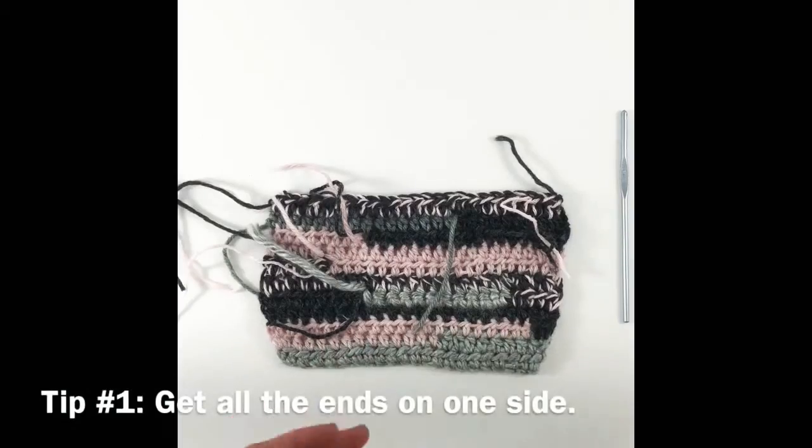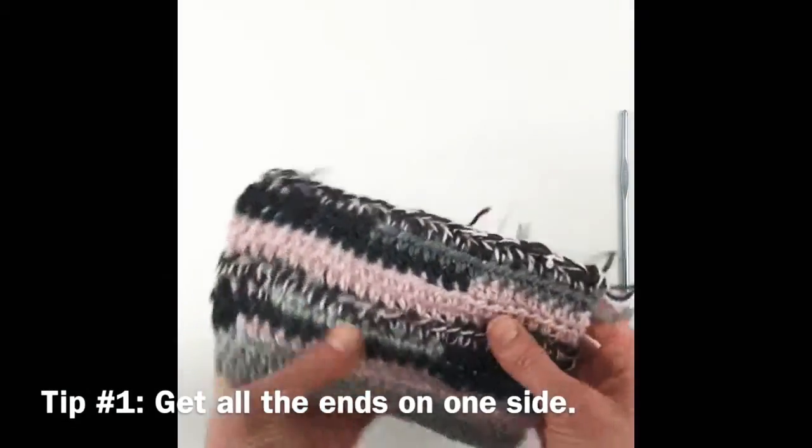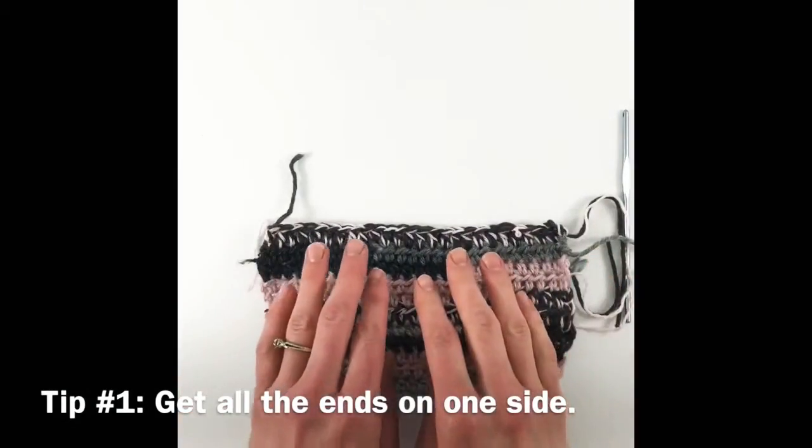Today I would like to share some tips and strategies with you for weaving in your ends. The first thing is pretty obvious, pretty straightforward, and that is just to make sure that all your ends